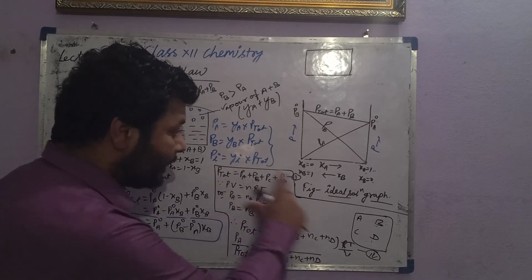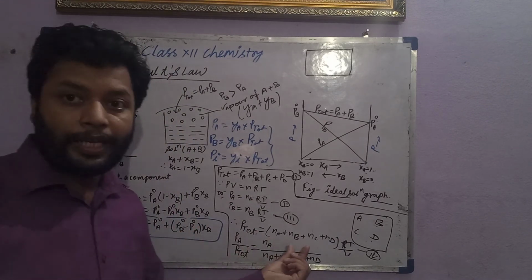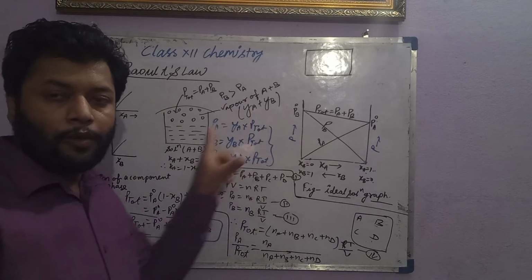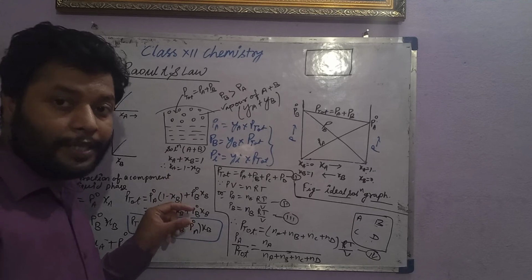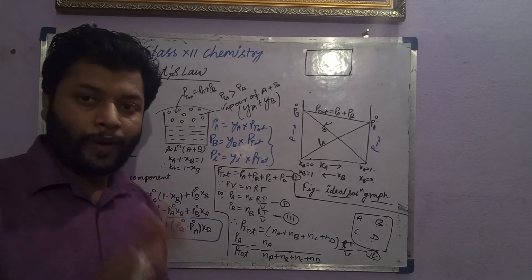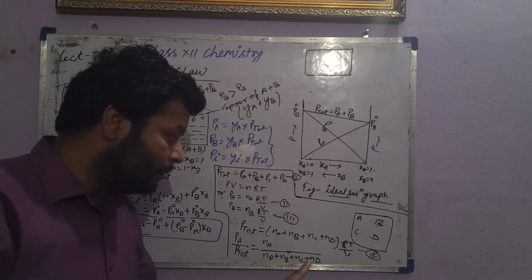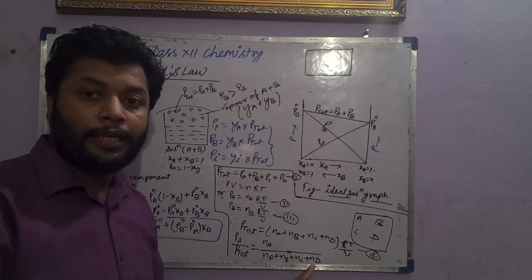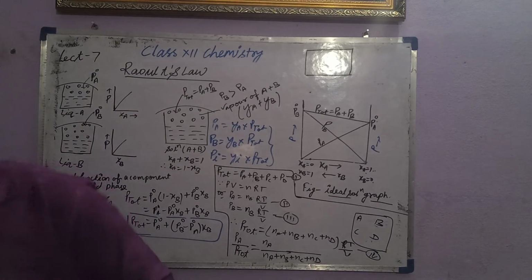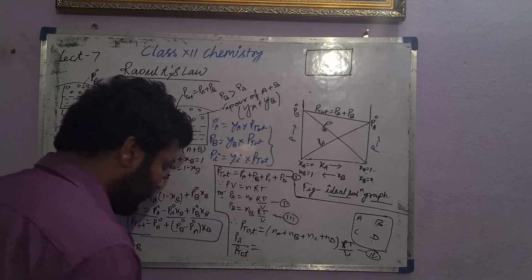And for the gases, I have taken the mole fraction as Y, because we already took the mole fraction in the liquid phase as x. So the mole fraction of a gaseous phase or vapor phase will be y. Instead of Na upon Na plus Nb plus Nc plus Nd, we can write the mole fraction of the first component as Ya.